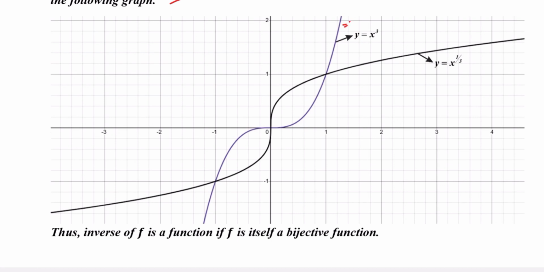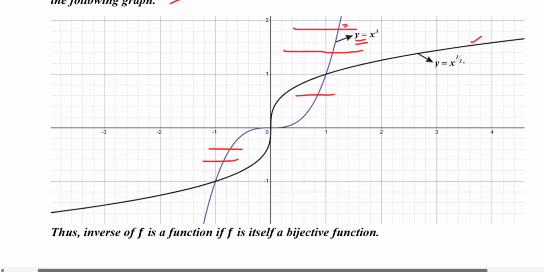This purple graph represents the graph of y is equal to x cube. You can check here, if you cut this graph by a horizontal line, every horizontal line cuts the graph exactly at one point. This shows that the graph of y is equal to x cube is a graph of a bijective function. Now, this black graph represents the graph of its inverse, that is y is equal to cube root